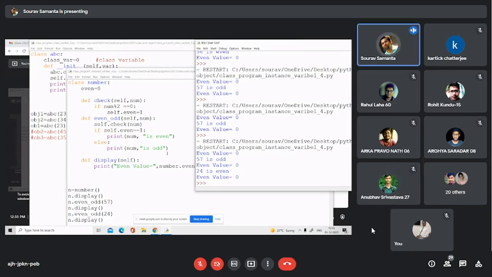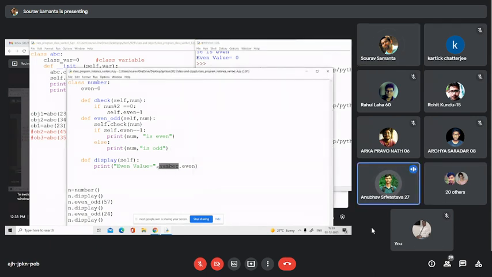Actually, can you repeat your question again? Sir, the question is that the instance values get created when the class is called for the first time. So will the class variable be present even before the class is first called, or will it also get created in the memory reference when the class is called for the first time?